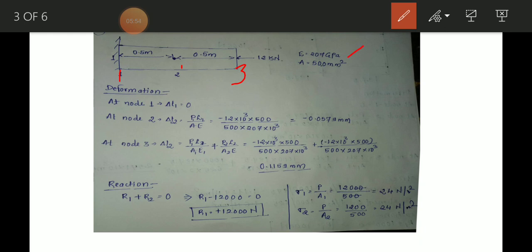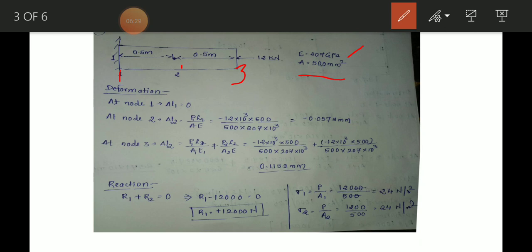The Young's modulus, that is the material property, is given as E equal to 0.7 GPa, that is the gigapascal. The area of cross section of this bar is given directly, so no need to calculate, that is 500 mm square. Now as I told you, in all the problems which are related to bars or beams, you have to find out the reaction and deformation, that is delta L, and along with that you have to find out the stress.